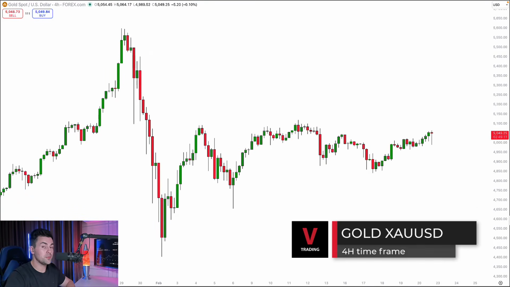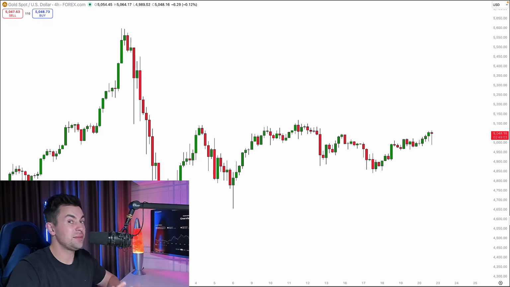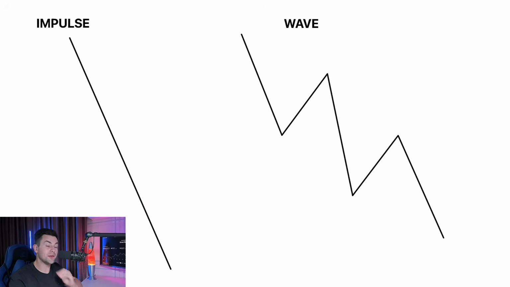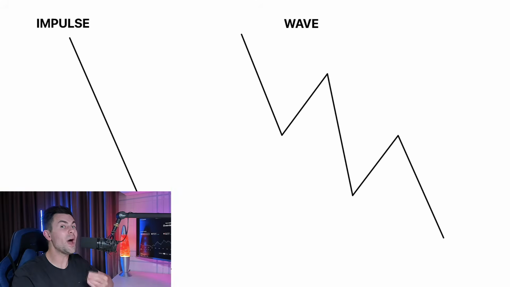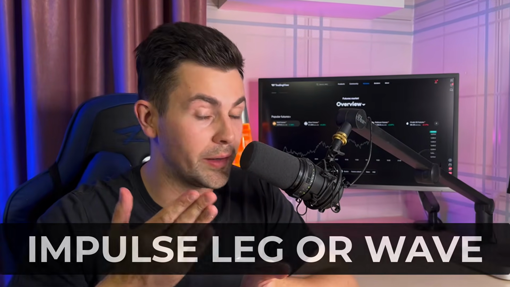Opening any time frame on gold chart, the first thing that you will need to do is to identify a significant price movement. It can be an impulse leg or a wave. By an impulse leg, I mean one strong directional movement, while a wave is all the price movements that compose a trend. The identification of a significant price movement, impulse leg, or a wave is the most important step in